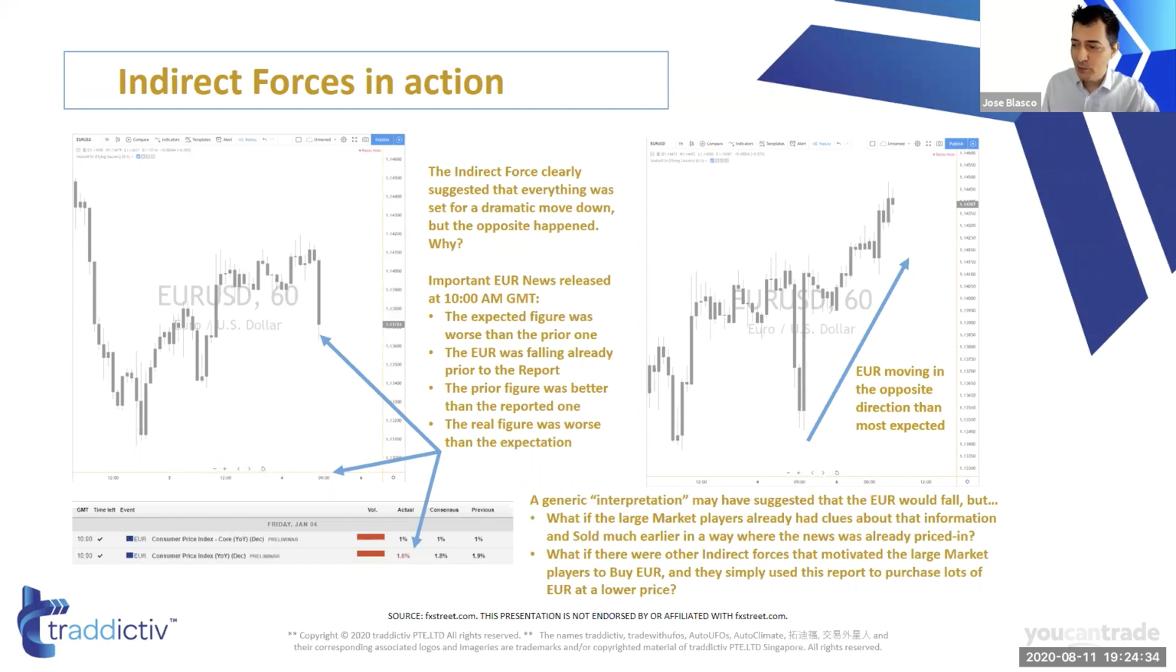So again, a generic interpretation may have suggested that the euro would fall, but what if the large market players already had clues about that information and sold much earlier in a way where the news was already priced in? What if there were other indirect forces that motivated the large market players to buy the euro? Maybe there was another fundamental reason to buy the euro, and this news was an opportunity to get the euro a bit lower in price to buy more of the euro for a longer term move. So again, there is a lot of what ifs, there is a lot of interpretation, there is a lot of I don't know what I don't know, and relying exclusively on a report could be problematic